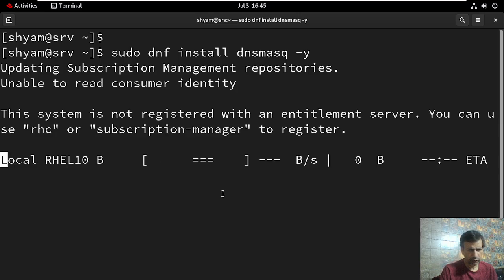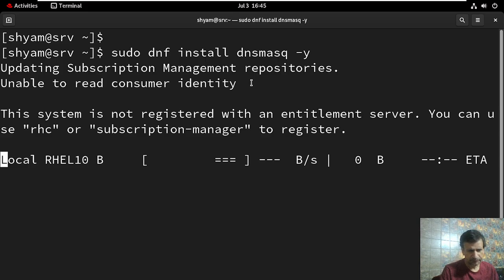If dnsmasq is already available to you, then we will focus on the configuration. We will focus on the configuration of the dnsmasq main file, right? So this command I told you is to install the